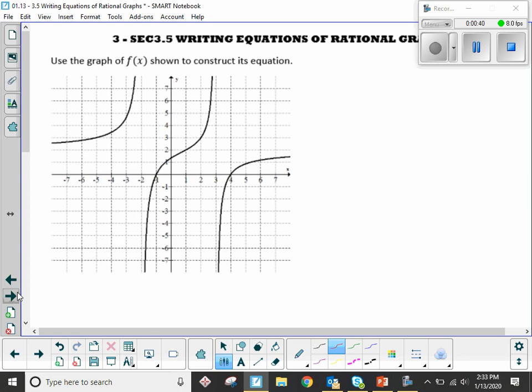There's how many parts to this graph? 3. That means it has got how many vertical asymptotes? 2, right? So give me one of them that you can tell just by looking. At -2, and where else? 3. How many roots do you see on this graph? 2. Where are they? -1 and 4. So what we're going to do, the very first thing, is use those asymptote and that root